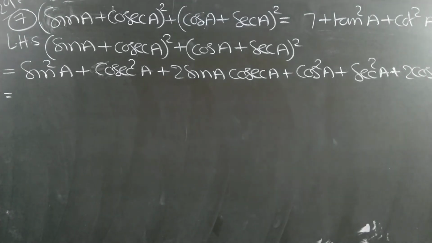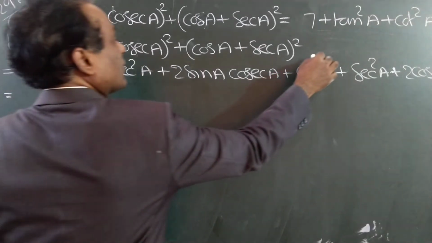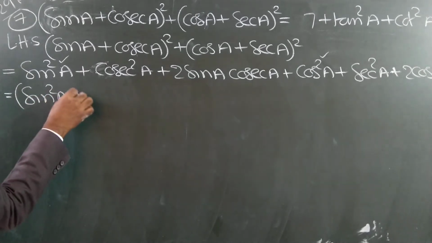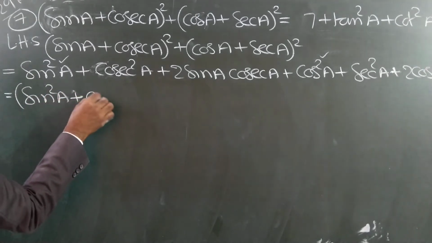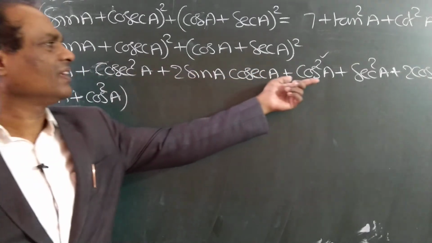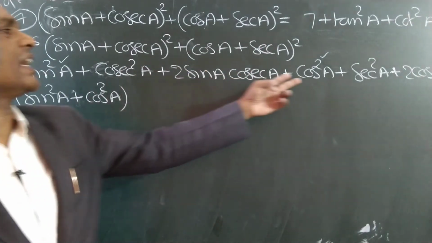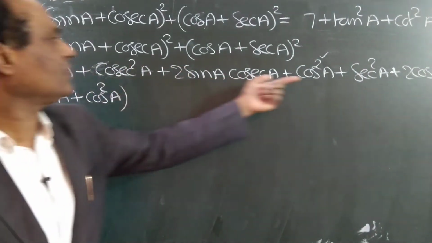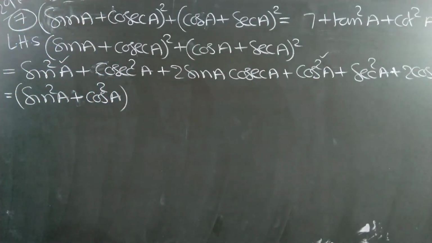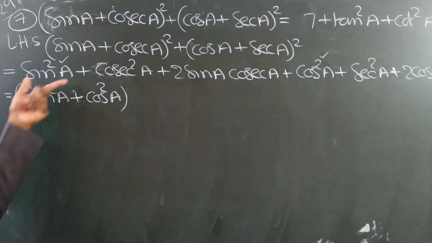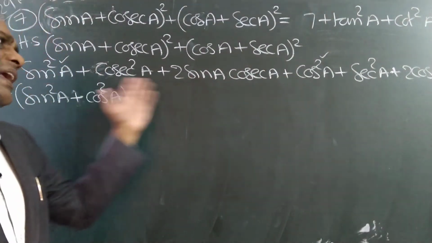Now simplification. I am writing the sine square and cos square in a bracket. Don't write. I wrote these two in a bracket. See, all are plus, which means any two we can write side by side. Instead of writing like this, I wrote this and this together. I am not disturbing the problem. Plus only, I am writing plus only. I am not changing anything. So sine square, after this I will write this. I will write the remaining also.